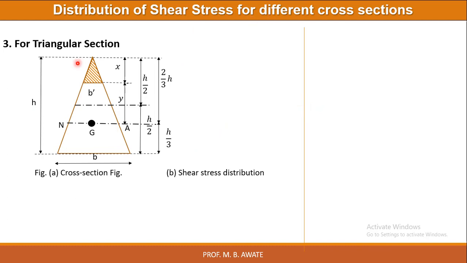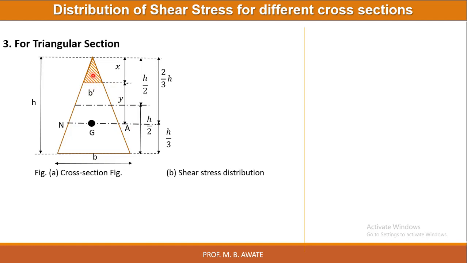So this figure shows a triangle having breadth b and height h. And here you can see the neutral axis, which is passing through the CG of this particular triangle, and we know that center of gravity for a triangle is at a position of h by 3 from the base or 2h by 3 from the apex that we have shown here. And here we have considered a layer which is at a distance y from the neutral axis,